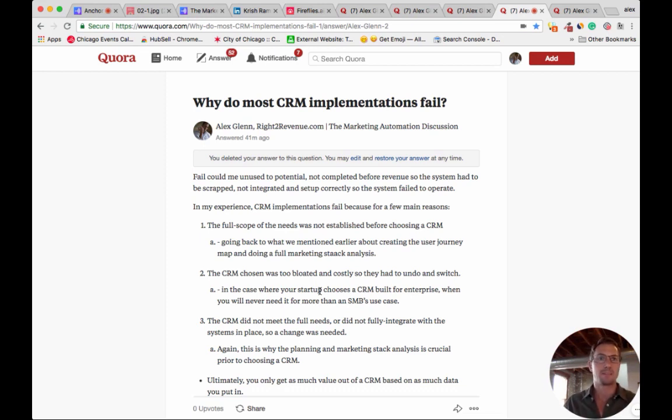So again, it all goes back to planning and making sure you understand the full flow, the full user journey, what parts of your marketing stack are inherent and required now versus what is coming that you've already made plans to add on, and really being cognizant of the full scope.